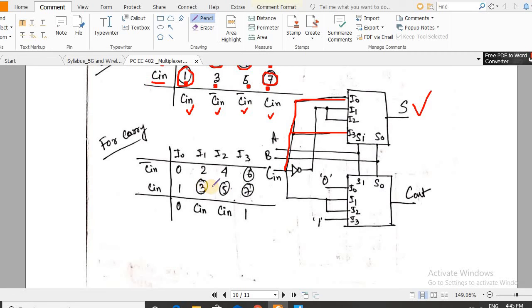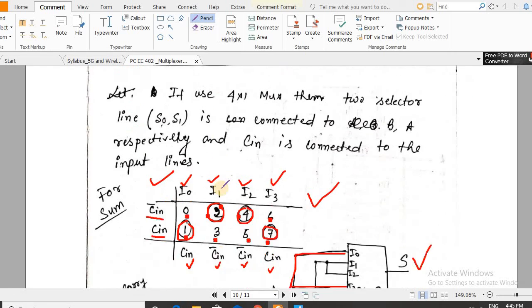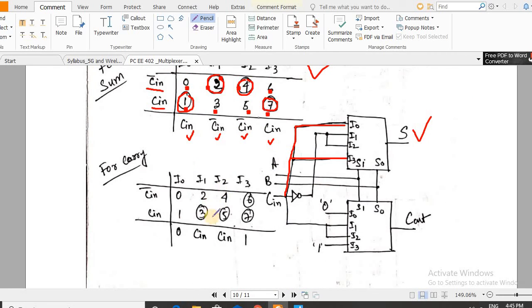So what will be the min terms in carry? The min terms in the carry are 3, 5, 6, 7. So we will encircle the corresponding 3, 5, 6 and 7. Now what will be the case? Since no term is encircled there, I will write down 0 here. Since this 3 is encircled, I will write down Cin here.